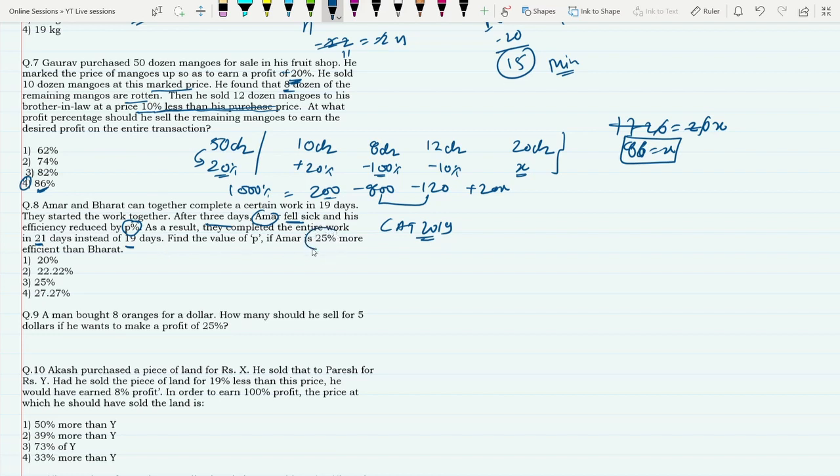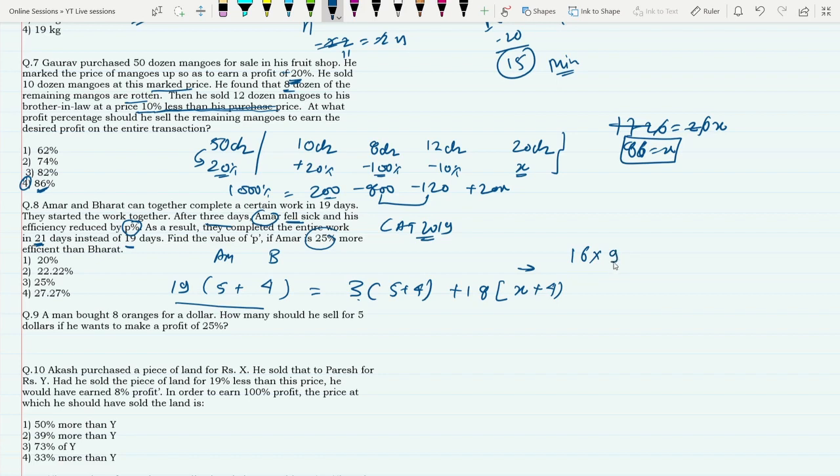Amar is 25% more efficient. So if I assume Bharat has a speed of 4, Amar would have a speed of 5. That is 25% up. Those are their speeds, A and B. They complete the work in 19 days, so that is the total work. 3 days they've already worked together. The total work will last 21 days, so 18 more days they will work. I do not know the new speed of Amar. I'm calling it X. I did not change the speed of Bharat; it will remain 4. So look at this. This goes on the left side, it becomes 19 minus 3, 16, into 9, is equal to 18 into X plus